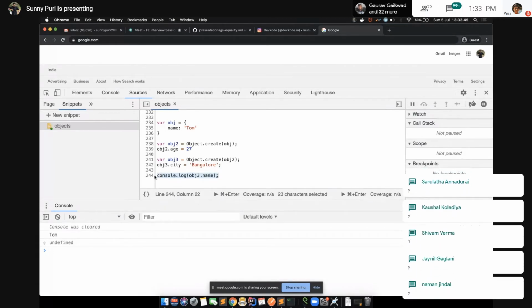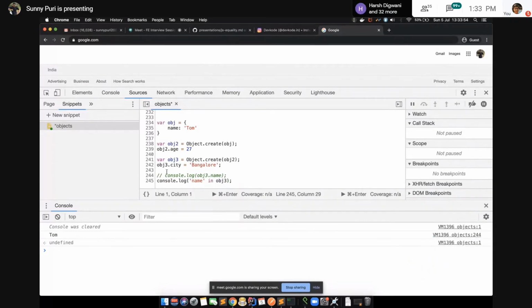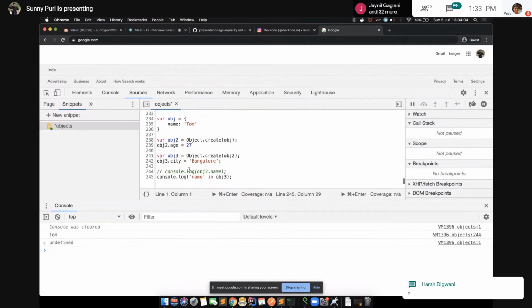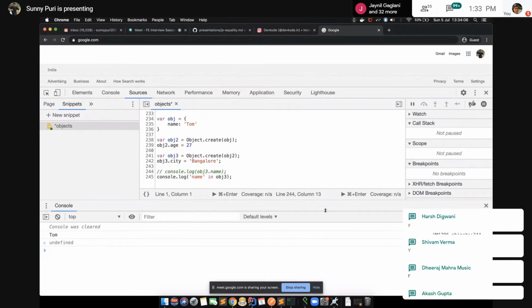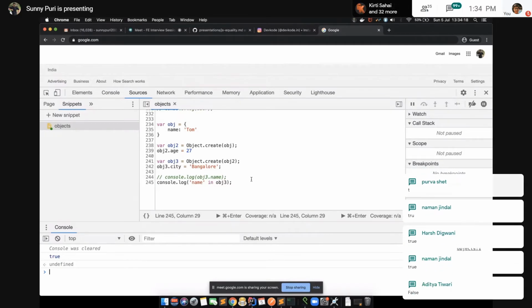So another way to identify properties: I'm checking, is the name property there in object 3? Tell me, guys, according to you, what will be the output, true or false? This is a Boolean function. Think of it. Maximum are saying true. Very nice. It is there.